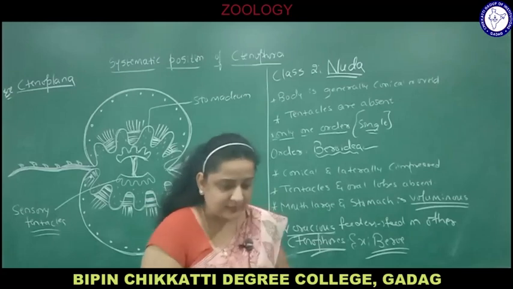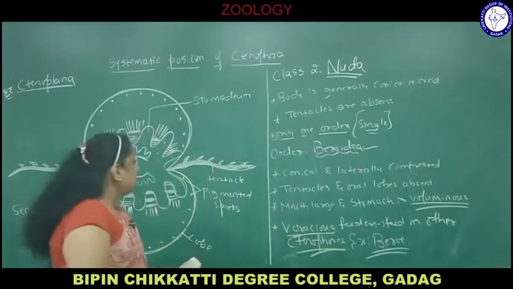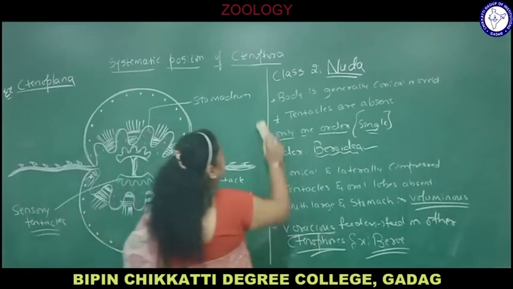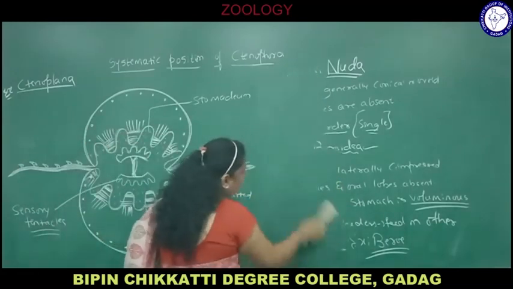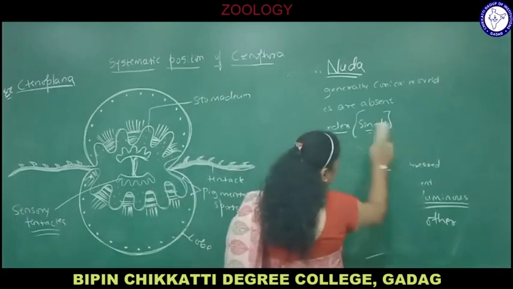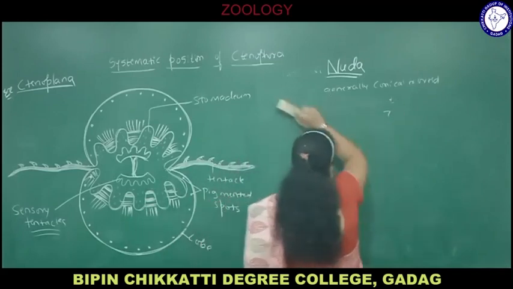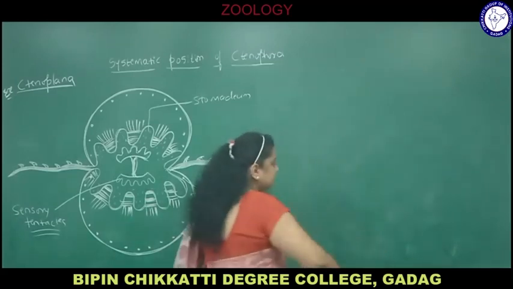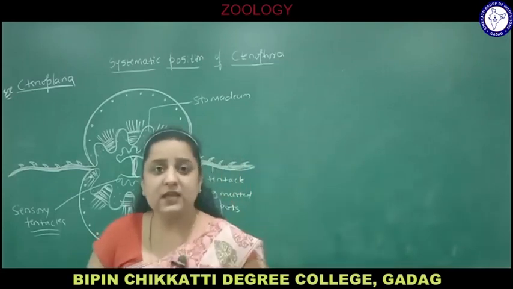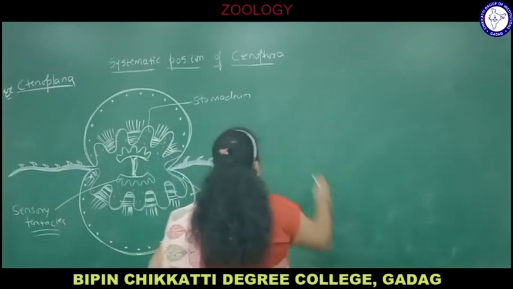Now, coming to the end of this session, that is about the affinities of Ctenophora. Now you know there are different characteristics. You have seen the characteristics of Cnidaria also. Now we will see some of the common characteristics of Coelenterata and Ctenophora. They share some characteristics in common. It means that there are some similarities as well as dissimilarities with phylum Cnidaria. Affinities of Ctenophora.